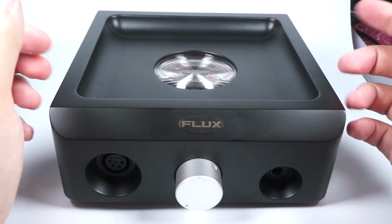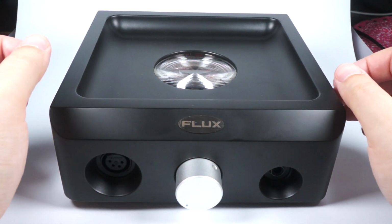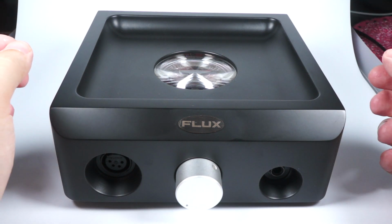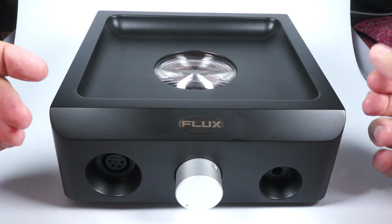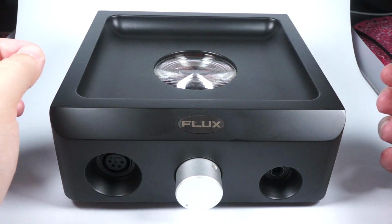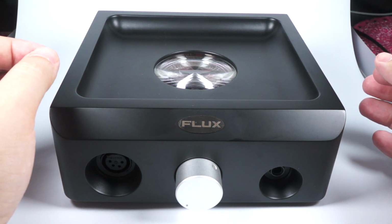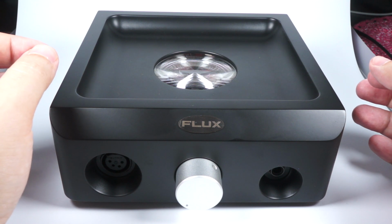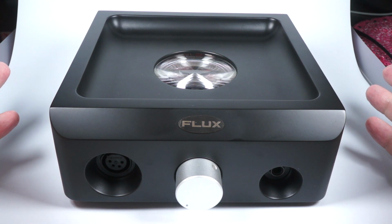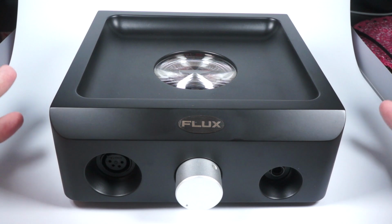Hello, today for review I've got yet another Ukrainian product. It's made by Flux Lab and it's one of the most affordable offers in their lineup, because Flux Lab, well, I want to say widely known, but actually not so widely, but pretty known as a manufacturer of really high-end solutions. For example, they recently, also not so recently, I think last year they released desktop digital analog converter with